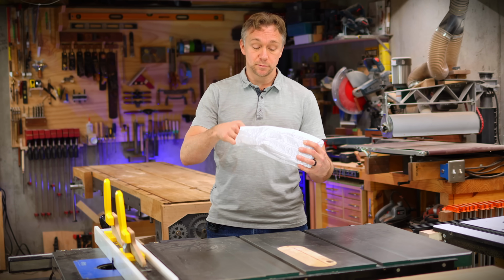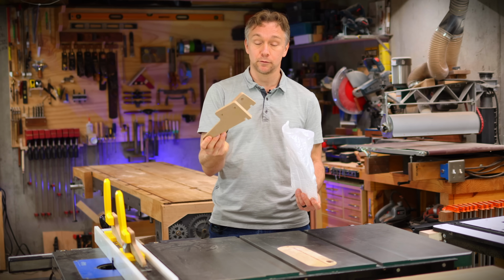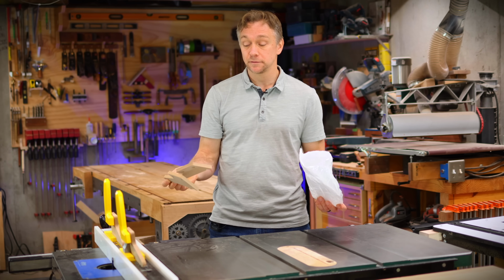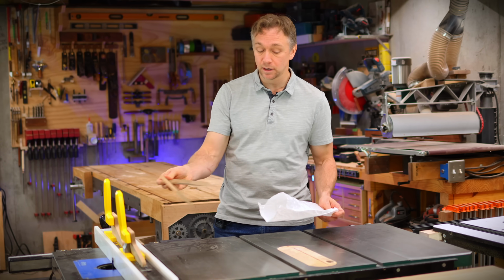Further, not a problem because Magswitch makes a 4-pack of replacements. I've used a couple of these. I'm also carrying this. So I just think it's a fantastic push block. The reason I have two